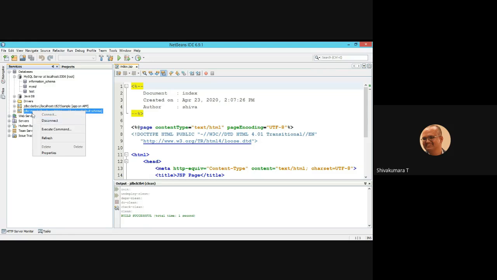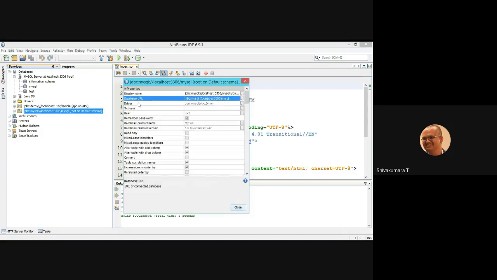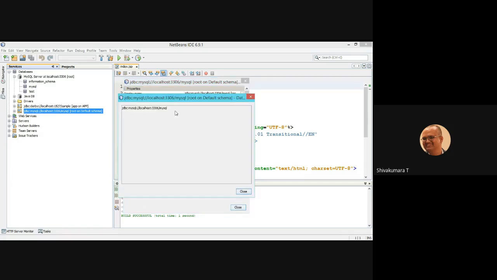Right click on that instance, properties. Here you will get the database URL and driver. To copy this, there is a triple dot option. Select this, use Control C to copy, and close it.